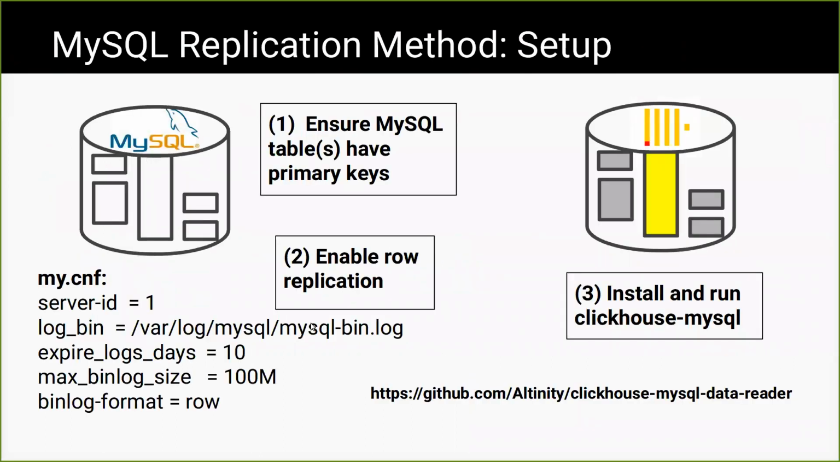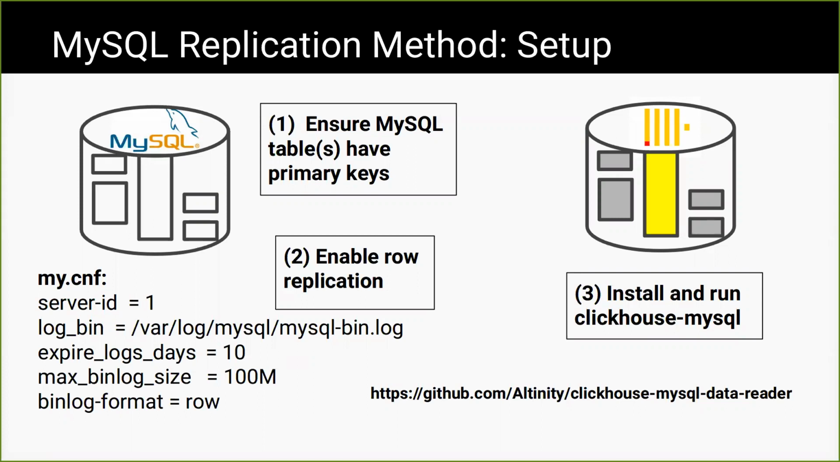Now, if you have larger amounts of data or you want things to be more automated, another option is to leverage MySQL replication. As most people on this call are probably aware, MySQL replication enables you to automatically replicate data from a master database to a slave database, and this happens through what's called a bin log. When we use this technique, we're going to need to do three things. First, we're going to make sure that all of our MySQL tables that we plan to replicate have primary keys. This is a requirement for using